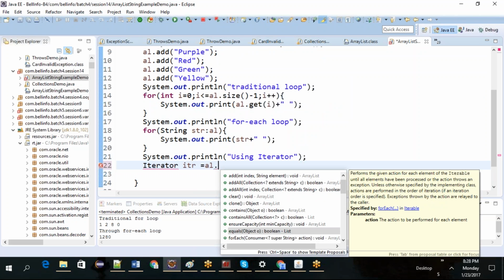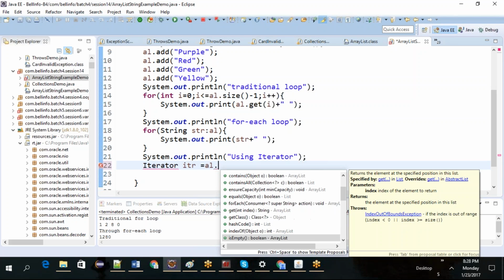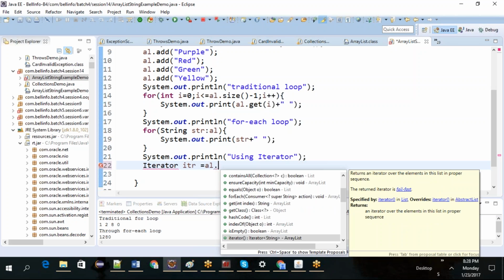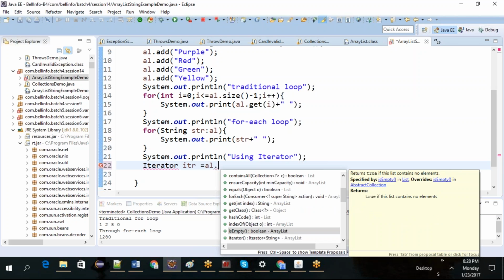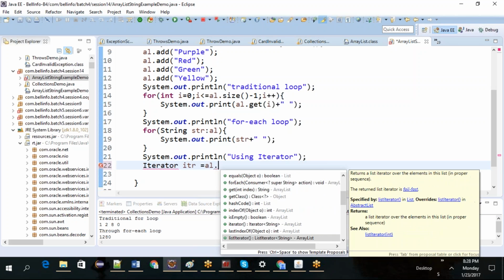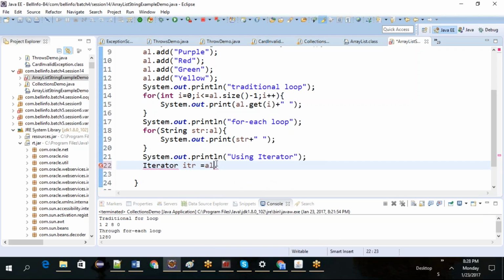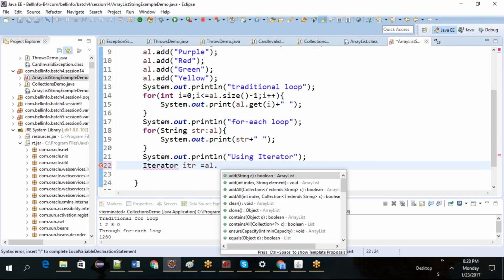So equals method, we'll do equals as well for each. Get of index is index based getting. So the remaining are object based, and is empty is checking whether this array list is empty or has something. Iterator we're just going to try. And what is the last index of. So different methods. Okay, just go back and look at it. Okay. So AL dot